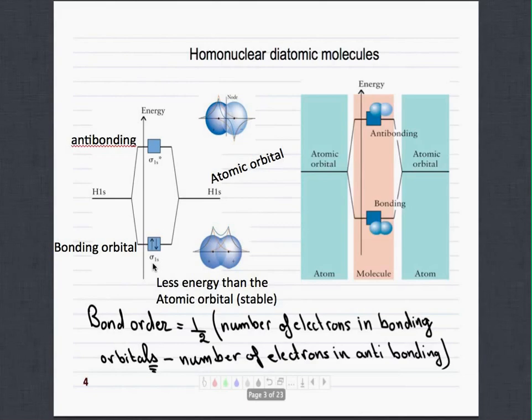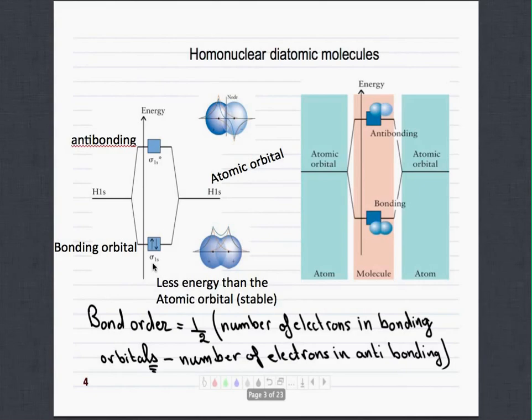Now, to calculate the bond energy, the bond order, in molecular orbital theory, we have a special kind of equation, which is written right there for you. The bond order equals half the number of electrons in the bonding orbitals minus the number of electrons in the anti-bonding orbitals. This is how we calculate the bond order in molecular orbital theory. So in other words, if the electrons are residing in an anti-bonding orbital, it's making the whole molecule less stable than if all the electrons are staying in the